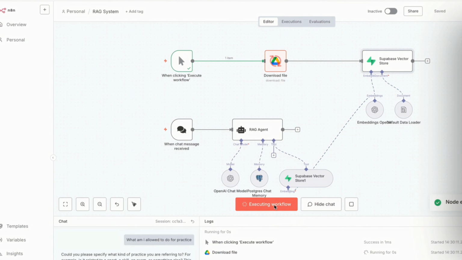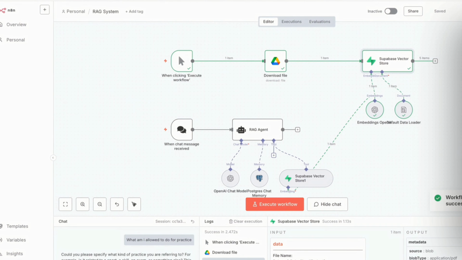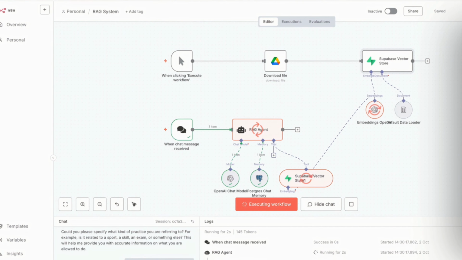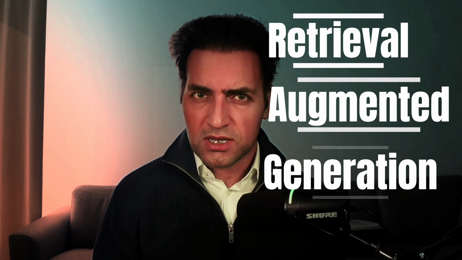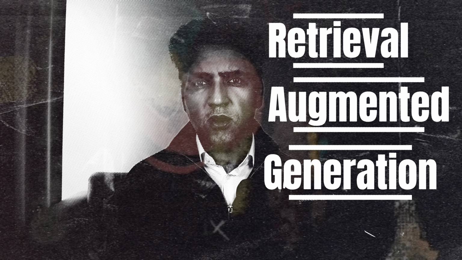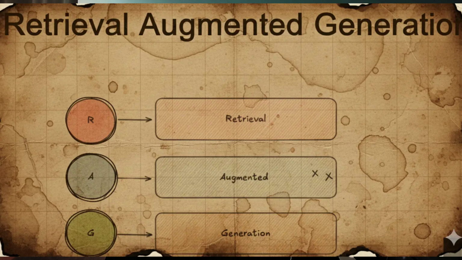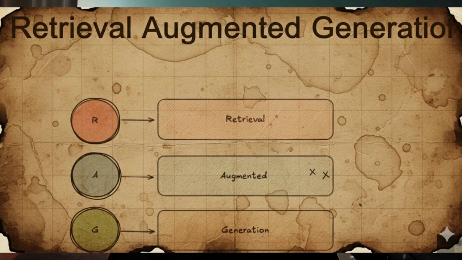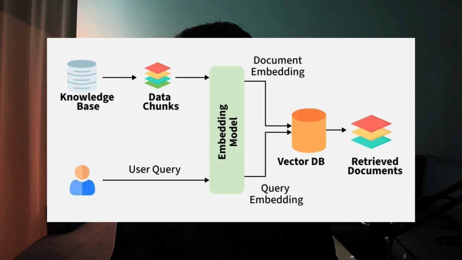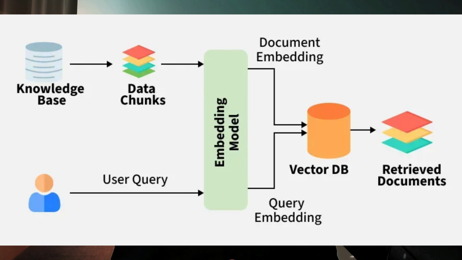By the end of this video, you will build your very own first RAG AI agent without writing a single line of code. Before we dive into the workflow, let's unpack what Retrieval Augmented Generation actually means. Think of it as a three-step dance. Retrieval finds relevant facts from your own data, augmentation combines that information with your question, and generation produces a clear